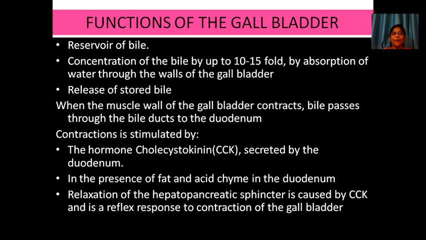Okay, that's all about the biliary tract. Today in this biliary tract, we came to know what the biliary tract consists of, that is ducts and an organ. The ducts are the cystic duct and the common bile duct, and the organ is the gallbladder. In the gallbladder, we came to know the structure, and at the same time we discussed the functions of the gallbladder. Okay, understand, students?